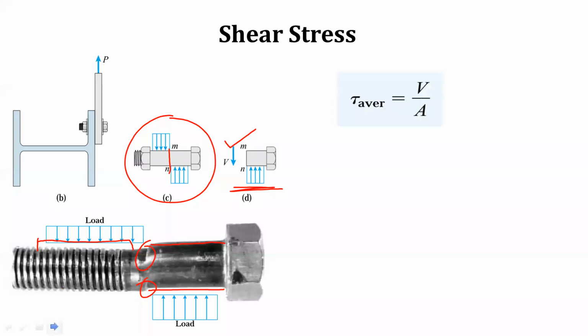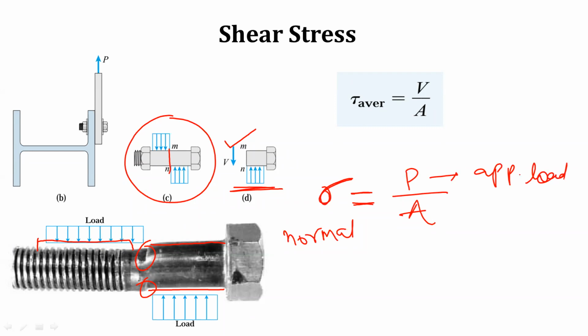Okay. Now, see here, in this calculation we have calculated sigma, that is called stress, and this stress is called normal stress because this sigma is generated because of normal force, that means force perpendicular to the surface. That's why this is called normal stress, because it is generated due to normal force, and we have mentioned it this way, P upon A, where P is the applied load and A is the cross-sectional area.